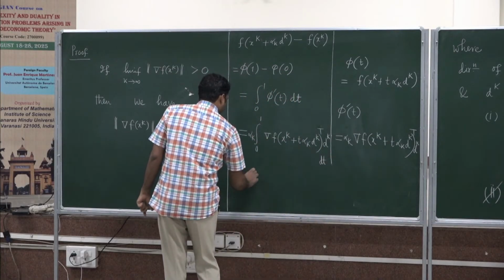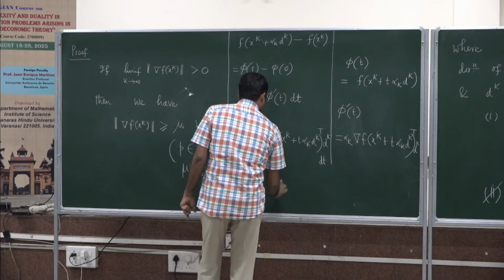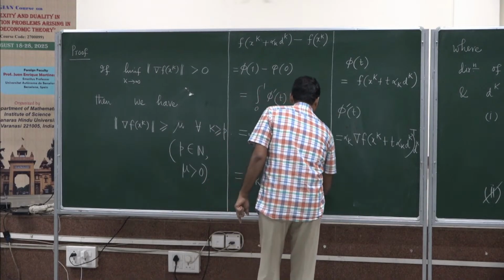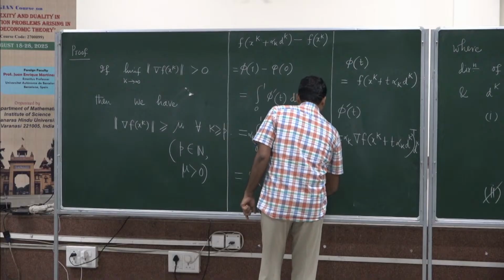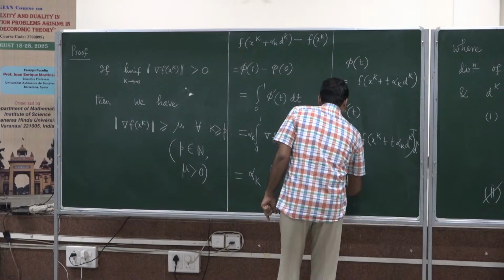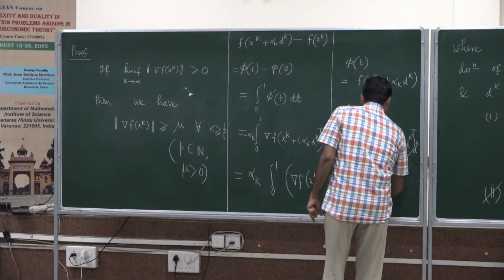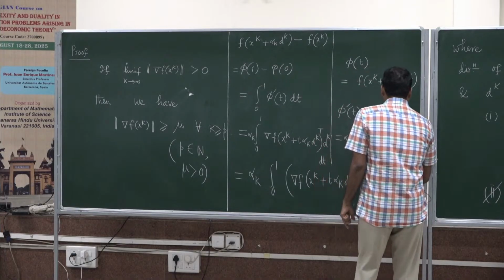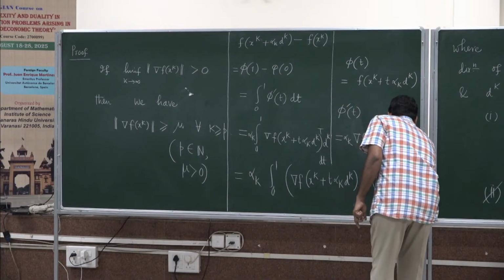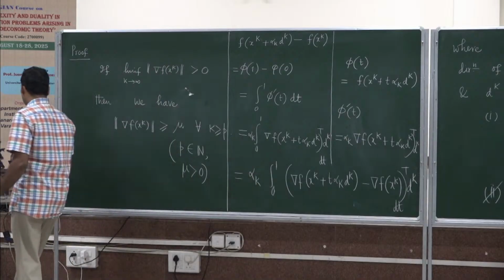And then we exploit the Lipschitzness of gradient of f. For that we subtract and add the term minus gradient of f xk transpose dk dt, and it will now give us